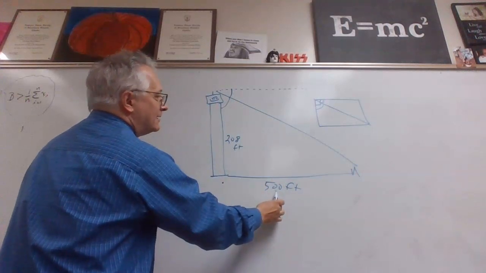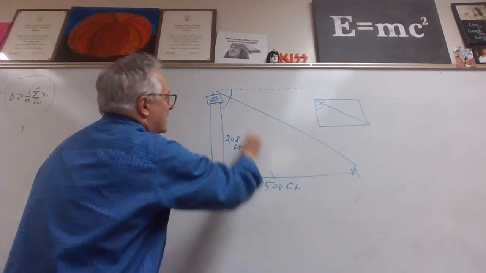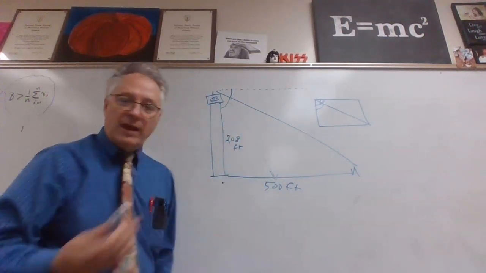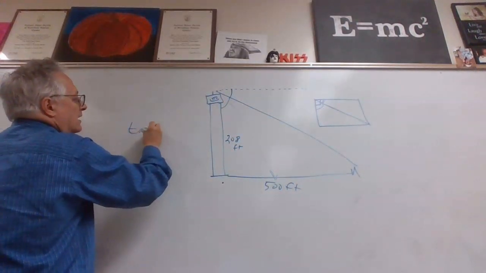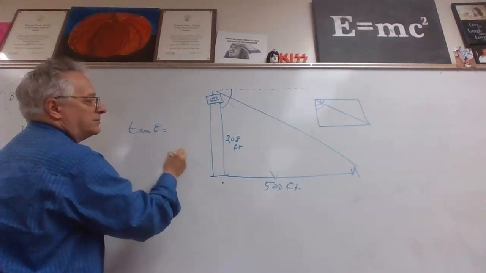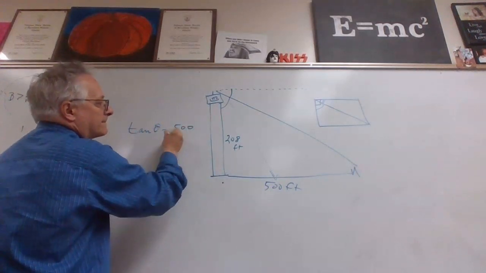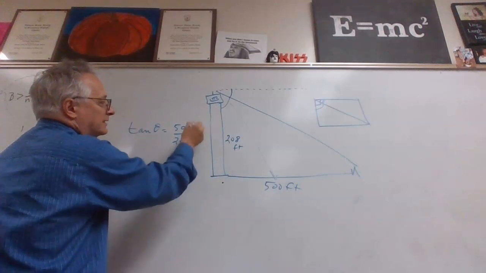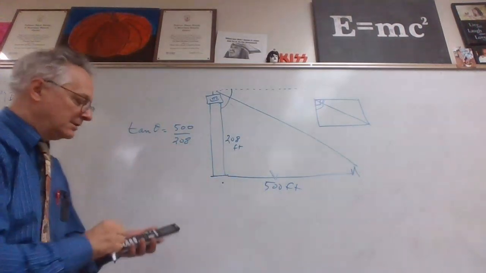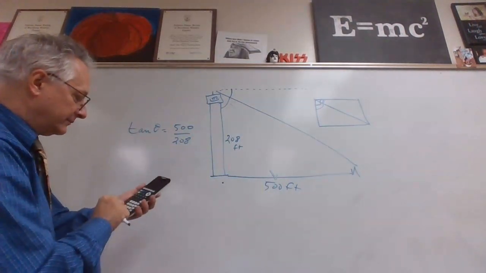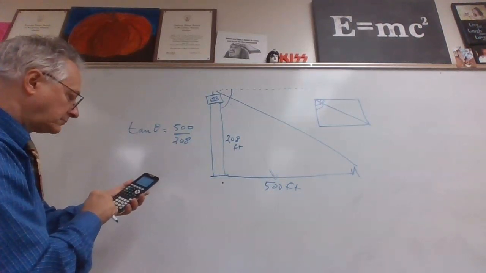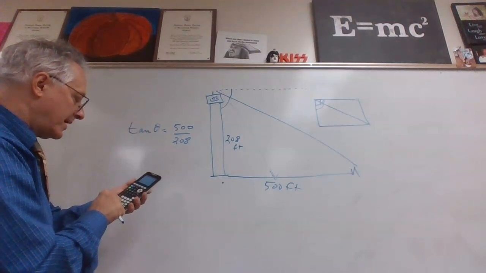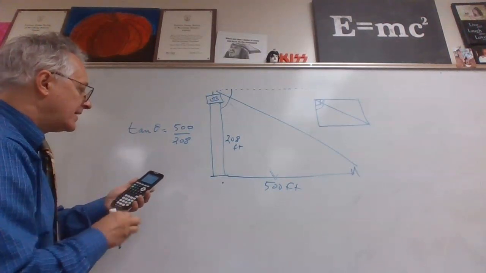We have an opposite and we have an adjacent. So I would use tangent for that. So the tangent of my angle is going to be 500 over 208. You can leave the units off because they're going to cancel. So I'll do that. I'll get the tangent. Tangent of 500 divided by 208, and that's